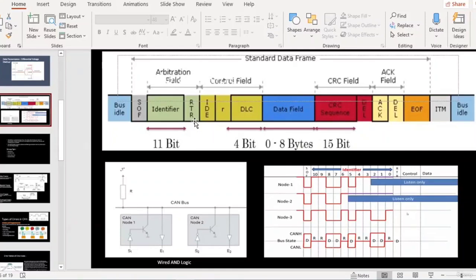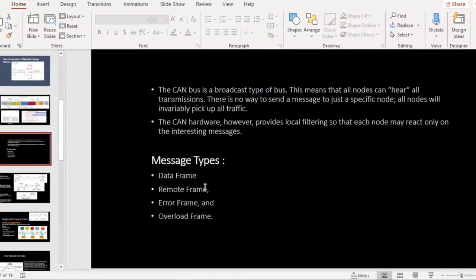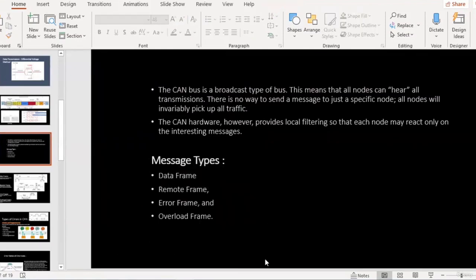As soon as node B sees the remote frame from node A, it will understand that node A needs some data, and then it will send a data frame with whatever data it is trying to send, which can vary from 0 to 8 bytes, to node A, where the RTR bit would be 0. So remote frames are basically a request for the data, and data frames are the frames which have the actual data.